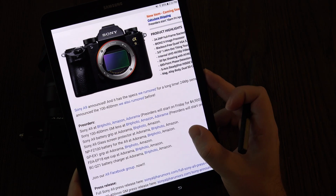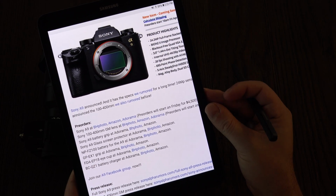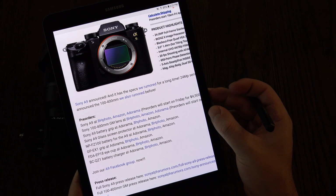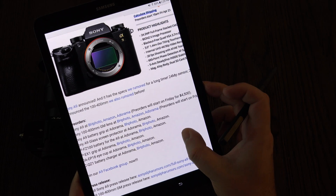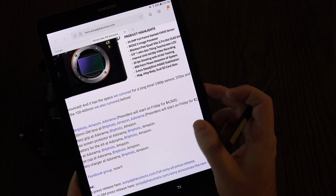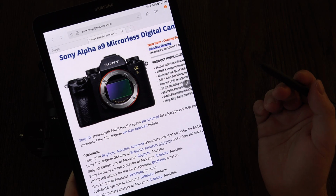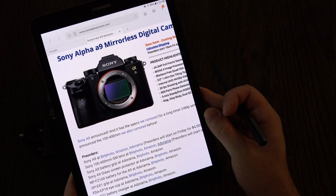One of the other things not mentioned, other than the rundown that I just did, is that we do have a new battery on board as well, which Sony's claiming a little bit more than double the performance of previous generations. Now, as far as video overheating, I don't anticipate there will be any. And the real question remains, will Sony be releasing an A9R? Because again, we are looking at a 24.2 megapixel full-frame A9, and if history serves us as a good indicator, we likely will see a higher resolution